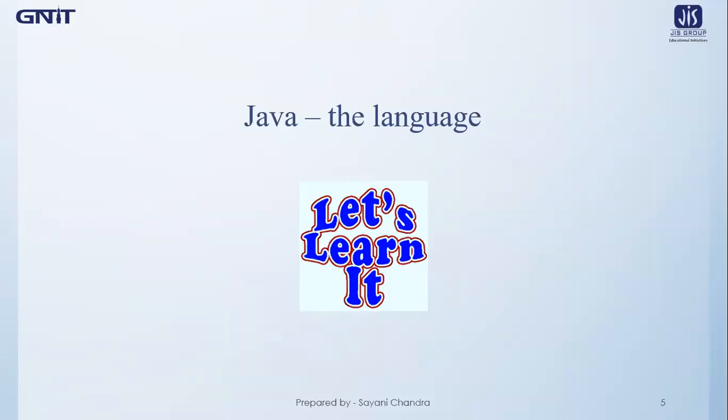Java is a programming language and a platform also. Java is a high-level, robust, object-oriented, and secure programming language. Java was developed by Sun Microsystems, which is now the subsidiary of Oracle, in the year 1995. James Gosling is known as the father of Java. Before Java, its name was Oak. Since Oak was already a registered company, James Gosling and his team changed the name Oak to Java. We will discuss the history of Java language in detail in the next slides.